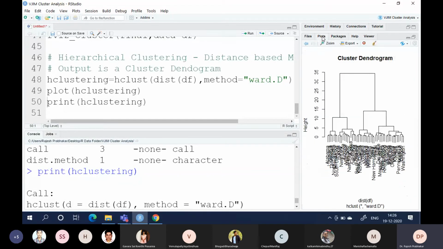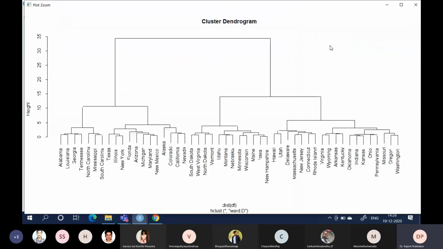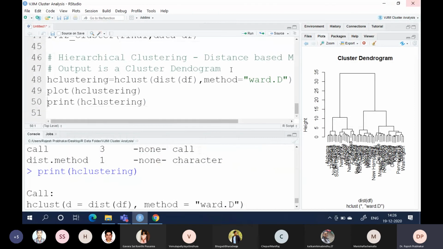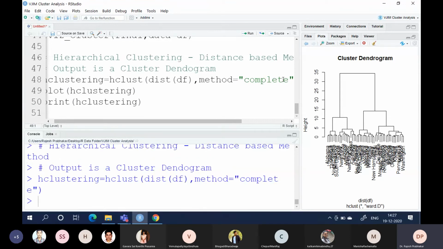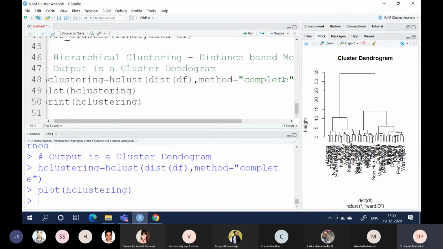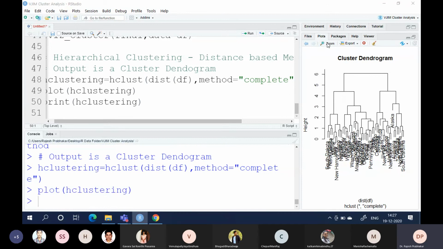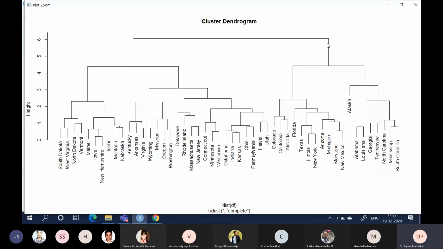So we got the plot like this. Let us say method equals complete. Will it change anything? Let me check once. No, same.